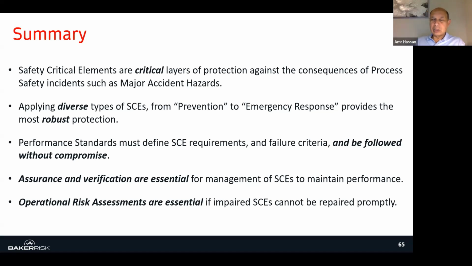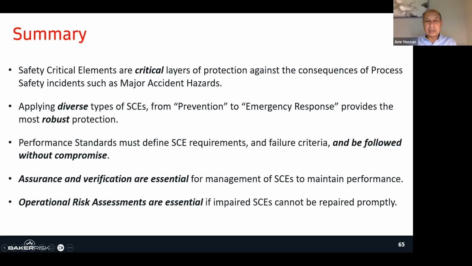I will share with you one of my experiences. I was doing a PCM audit for operation facilities, and one of the topics I was discussing with the focal point is the performance standard. So I asked him, do you have performance standard? He told me, yes, of course we have. I told him, does it cover both activity, assurance, and verification? He told me, of course. I asked him, can you give me an example, please, or a record? So he went and came back with a design performance standard. I told him, this is for the design phase, not for the operation phase. He said, okay, but this is what we have.